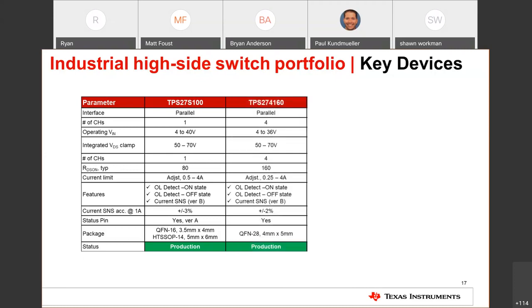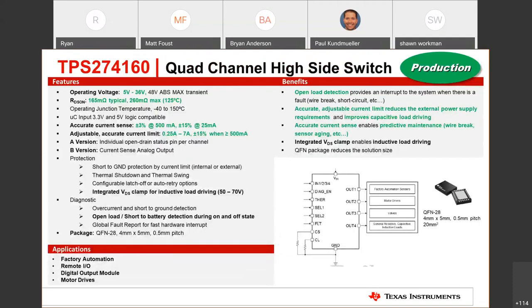Now to go over one of the latest devices we released from the industrial high-side switch portfolio, TPS274160. This device is a quad channel high-side switch with 160 milliohms of RDS(on) per channel. The device can operate up to 36 volts and has an accurate adjustable current limit from 250 milliamps up to 7 amps for each channel.